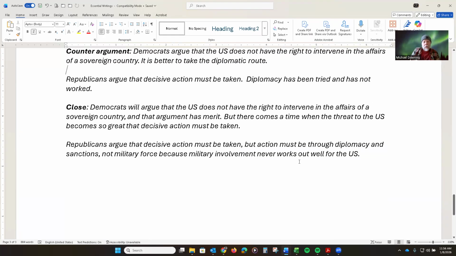We're almost there. The close then. Democrats will argue that the U.S. does not have the right to intervene in the affairs of a sovereign country, and that argument has merit. But there comes a time when the threat to the U.S. becomes so great that decisive action must be taken. So you see, I'm sort of weaving things together at the end. And Republicans argue that decisive military action must be taken, but actions must be through diplomacy and sanctions, not military force. And I talked about closing with a quote from